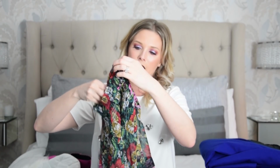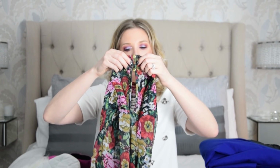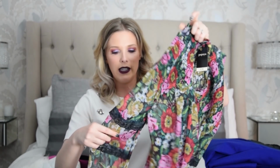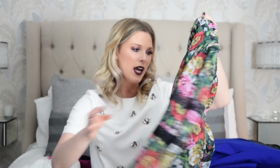And it's got this sort of stretchy fabric around the neck with a high neck, and then at the back it's got these 3 little button down detail again. Then on the sleeve you've got this black lace running around and a tie at the bottom, and I just really wasn't sure about it, and then I tried